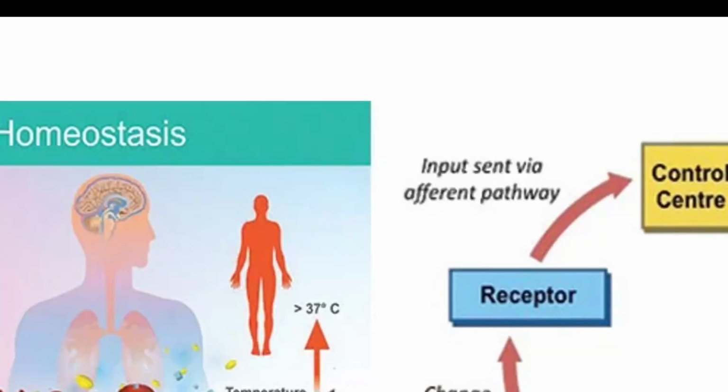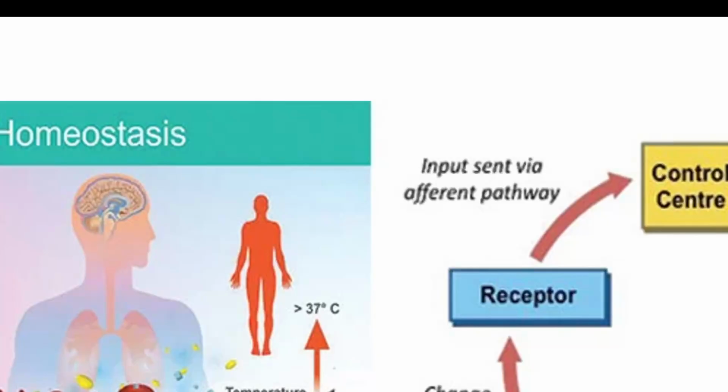Now let us understand what is homeostasis. Homeostasis is the body's maintenance of the steady state. For example, if the normal temperature of the body is 37 degrees Celsius, 70% water. Now the temperature can vary from greater than 37 degrees Celsius to less than 37 degrees, but the internal system of the body will try to maintain 37 degrees Celsius inside the body at all times. So here we have the homeostasis.